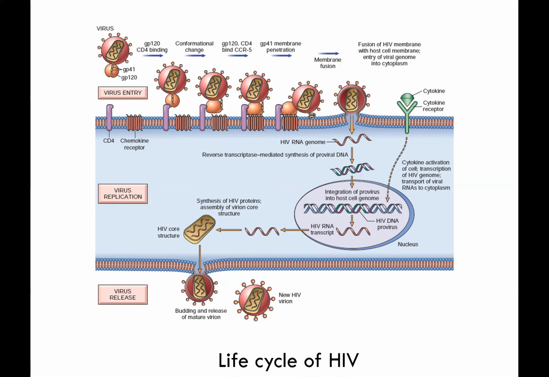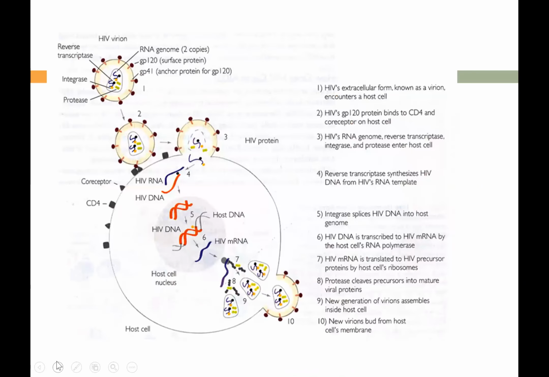After integration, the provirus may be silent for months or years or form a latent infection. Alternatively, proviral DNA may be transcribed and the viral particles can bud out from the cell membrane and eventually repeat the process over again. The virus is released and infects the next CD4 T cells. So, as I have mentioned, there is a period of latency.